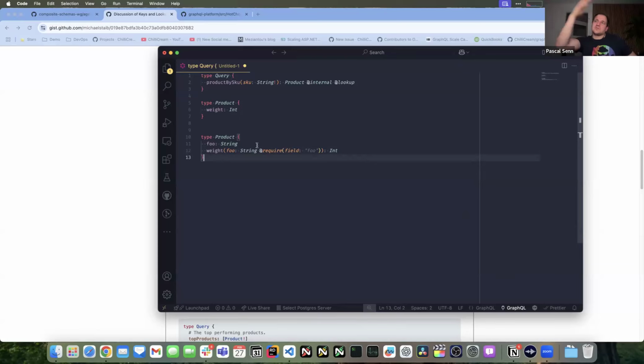Additionally, on top, I want to make a point about external itself. At the moment we only use external together with provides in the composite schema spec. And in my opinion, the current implementation of provides with external is just a solution that works, but might not be the ideal solution for the problem at hand. Because external means that you actually put a real field in your schema, which is only resolvable in certain cases.